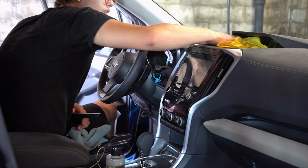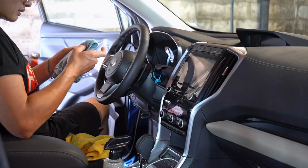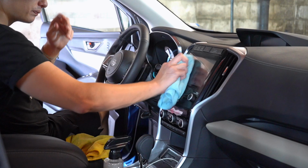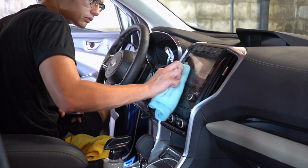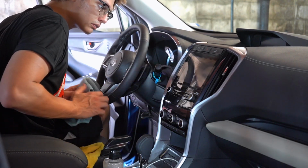Now for glossy bits on the interior as well as screens, well, not plastic screens, but like the glass structured screens like you see here, is actually using either Obsessed Garage's drying aid or beadmaker. Now, not all quick detailers or spray waxes and stuff are going to work on this. Please don't use those. Use something such as beadmaker or OG drying aid,